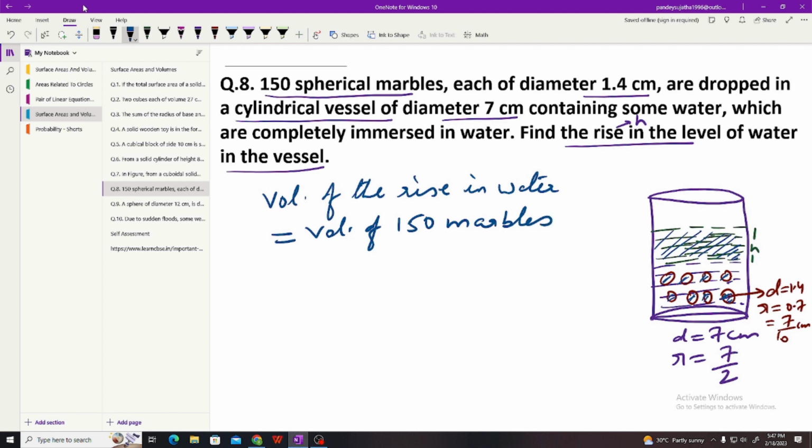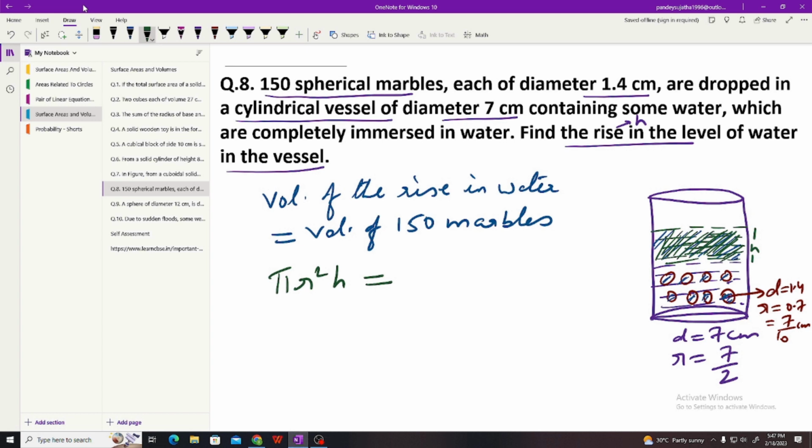Since this is the cylindrical portion, the volume of the cylindrical portion will be pi r square h, that will be equal